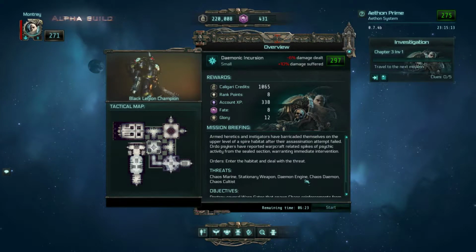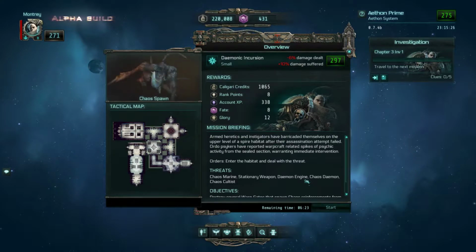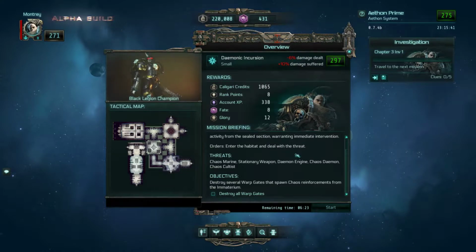But anyhow, the mission briefing is: armed heretics and investigators, did I pronounce that right? I don't know. They have barricaded themselves on the upper level of a spire habitat after their assassination attempt failed. Order Psychos have reported warp-craft-related spikes of psychic activity from the sealed section, warranting immediate intervention. Orders: enter the habitat and deal with the threat. Objectives: destroy several warp gates that spawn